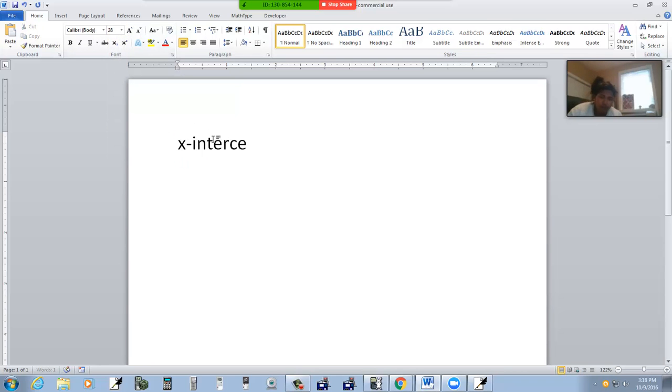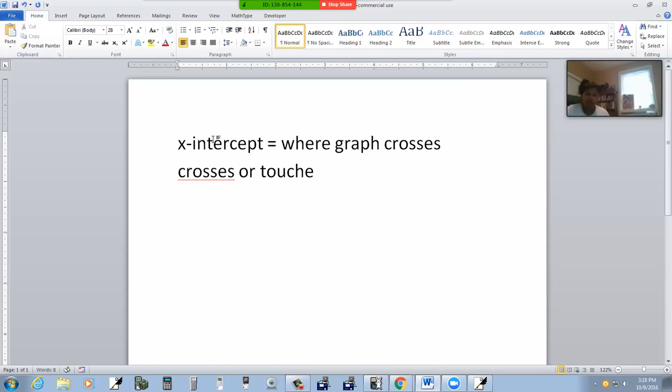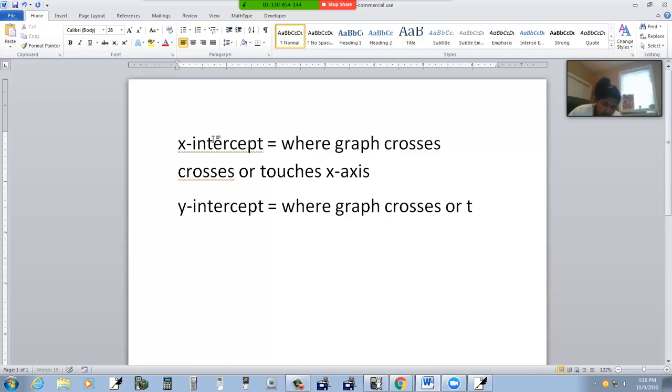So x-intercept. This is where the graph crosses or touches the x-axis. And the y-intercept is where the graph crosses or touches